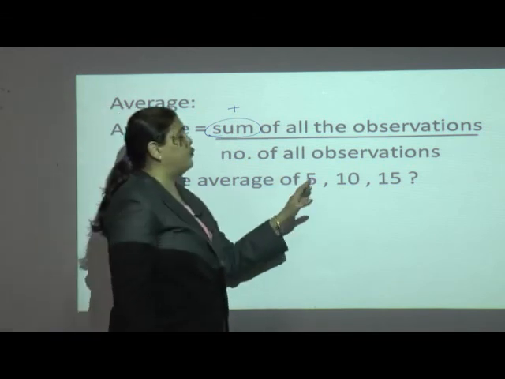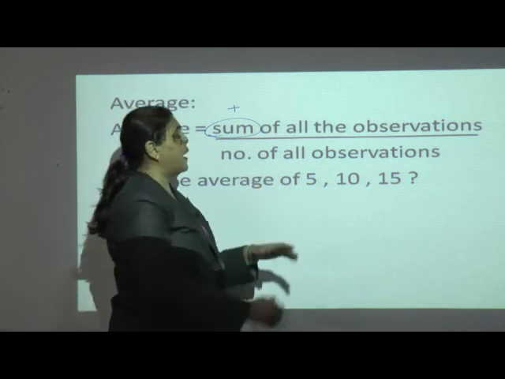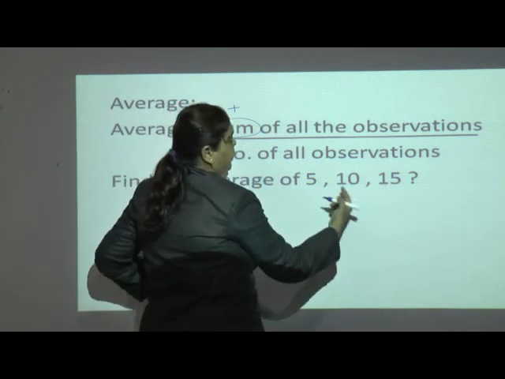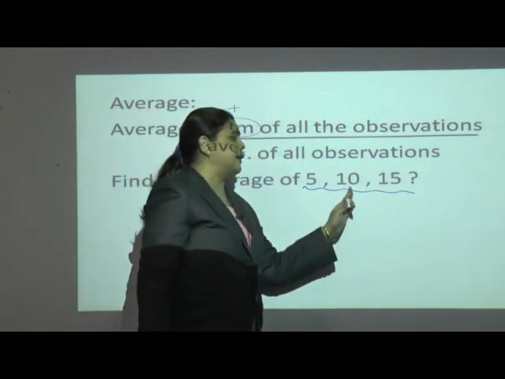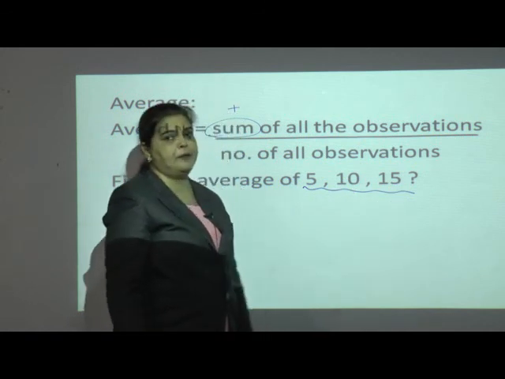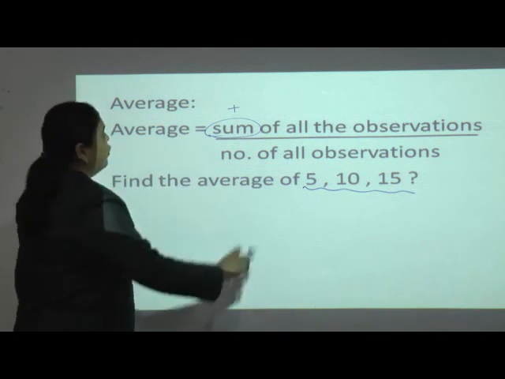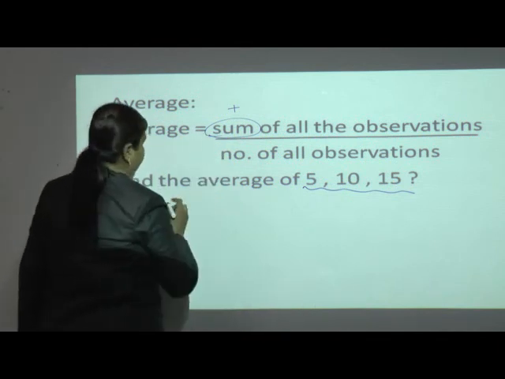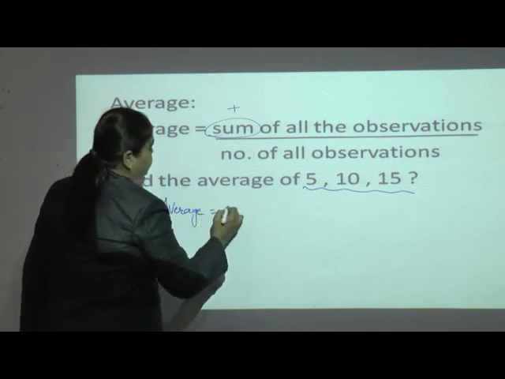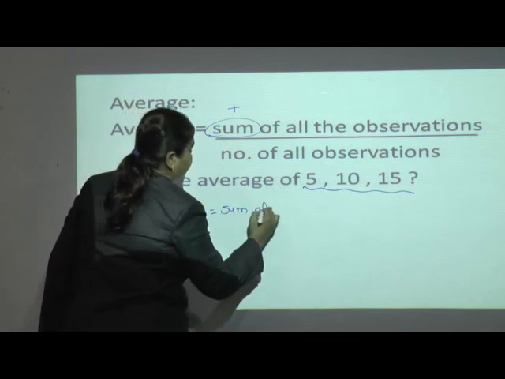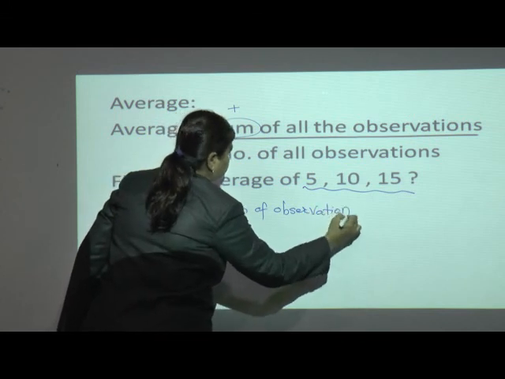Find the average of 5, 10 and 15. Very easy? What are my observations? Suppose in one test I got 5 marks, in another test I got 10 marks, and in a third test I got 15 marks. I have to find the average marks I got. What formula do we already have? We will write here: average is equal to sum of observations upon